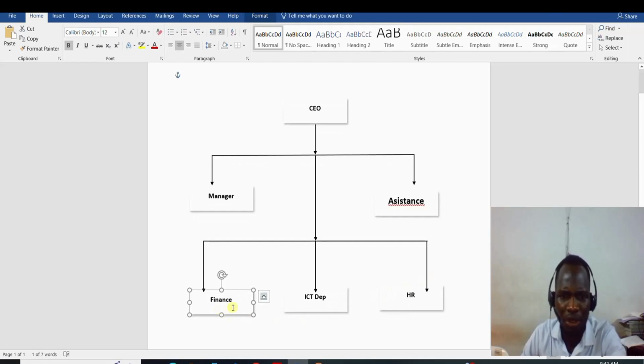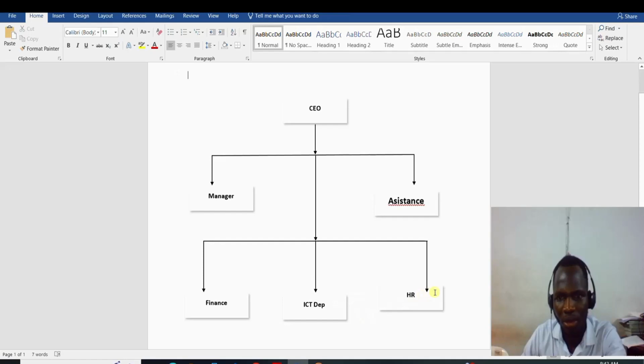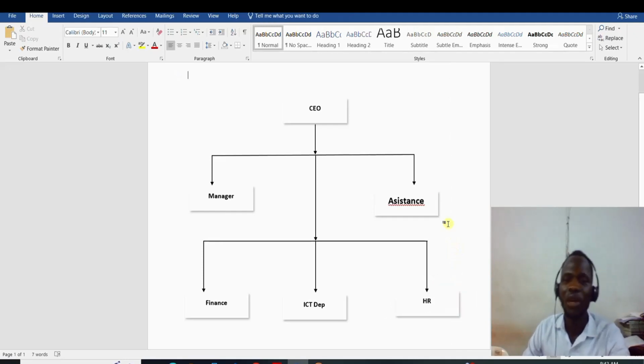I'm going to position this one very well. I'm going to make sure that this one is like this. Okay, like that. This one also is inside, so let me take this one outside like this. Make sure that your shapes are properly aligned. Don't just leave them hanging everywhere. So the last thing that we are going to do is group our